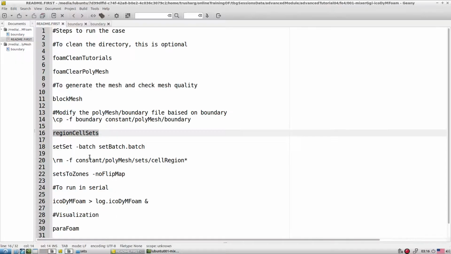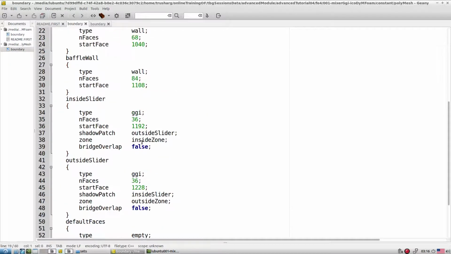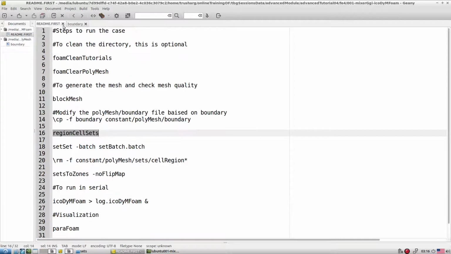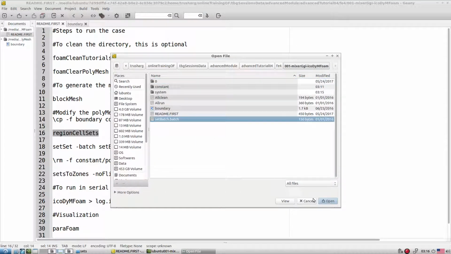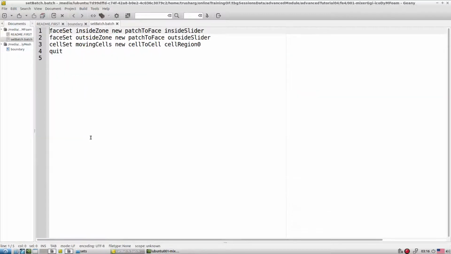We wrote the two zones, and now we use the bash file to construct the inside zone and outside zone as face zones, which is required. Let's look at this file. With faceSet, our input is the inside slider, and patchToFace takes whatever faces are attached to this patch and writes them as a new inside zone.